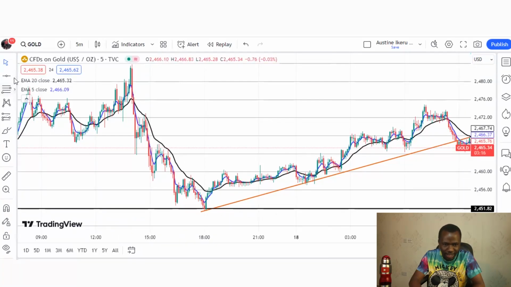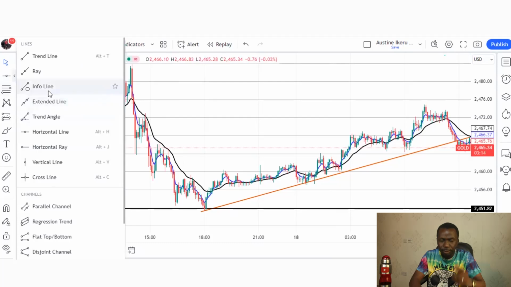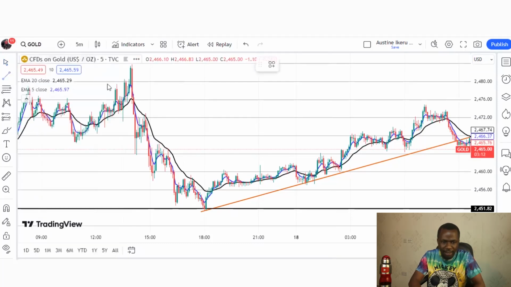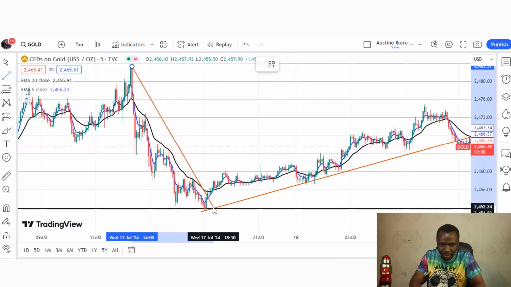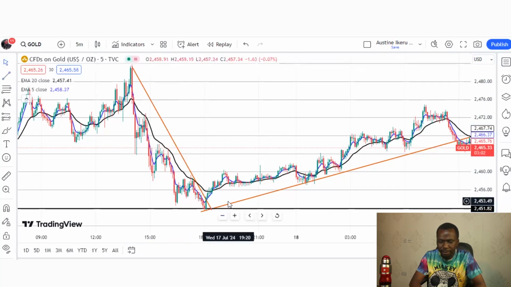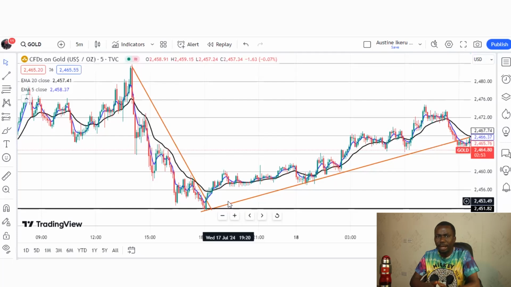So you use your trend line. The trend line is used for you to confirm the movement of the market. So use the trend line to confirm that the market is clearly going down, right? Remember that what you do here is you trade the bounce and the breakout, because we are using price action alongside the moving average. So we trade the breakout and the bounce, and have it at the back of your mind that we are only trading in the direction of the trend. We are not trading against the trend.